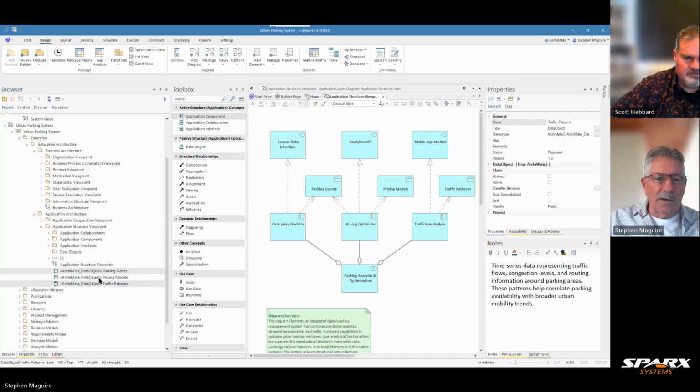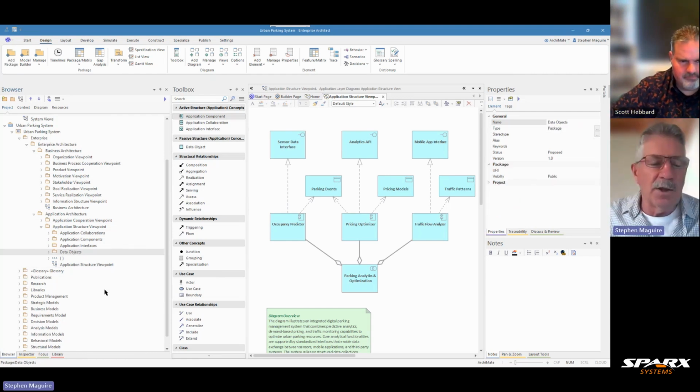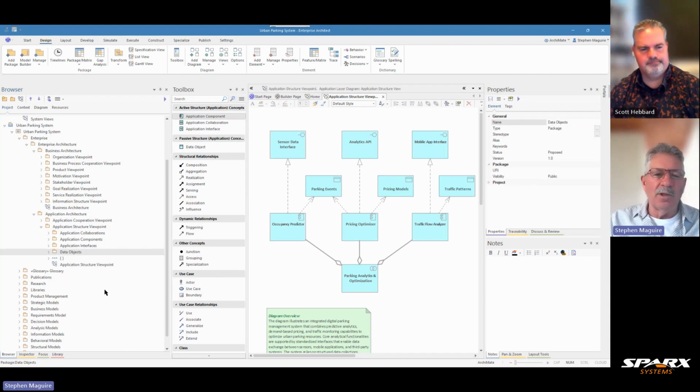And then the data objects. Now, as you're moving those elements in the browser, they're not being removed from the diagrams, are they? No, Scott, you can put them anywhere that you like, and you can only put them in one place. So that's one of the restrictions, I guess, or one of the positive things as well, that you don't have multiple copies of things throughout your repository. There's just one element, and it goes into a particular package, but it can appear on multiple diagrams, and we've seen that in a couple of earlier videos.